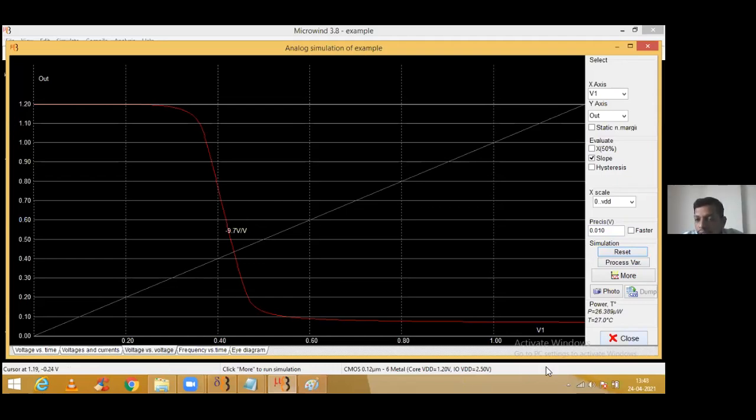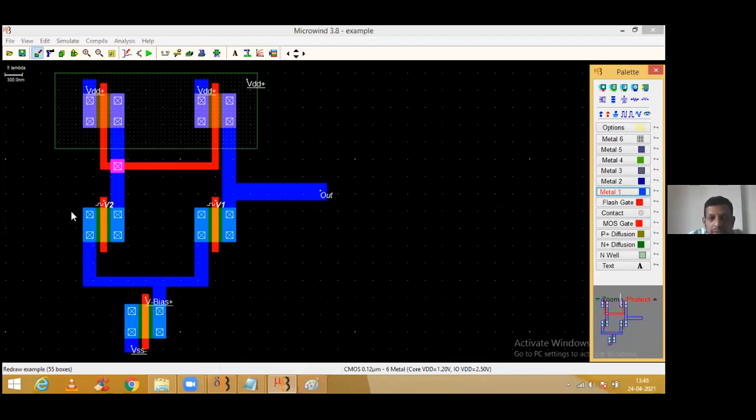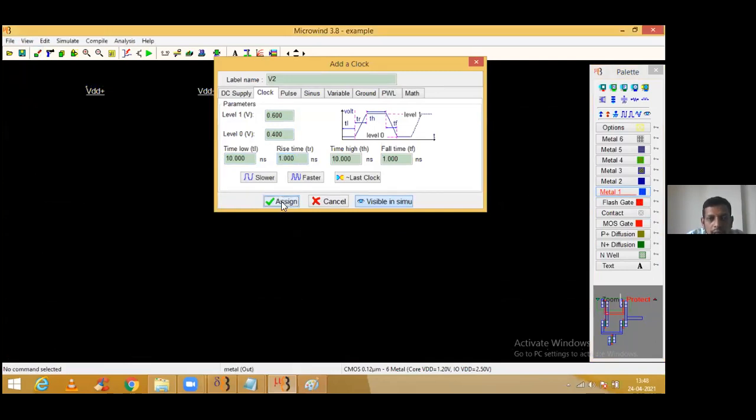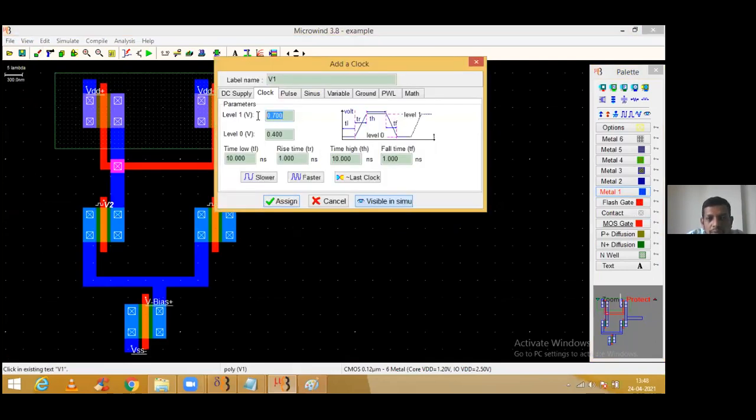Are you getting my point? Which values are different? Whatever input we have for V2, look at that, and whatever value we have for V1, this is a change. So when all the aspects are the same, whatever gain we come across is called ACM, common mode gain. And whenever we change anything, so as voltage changes and amplification happens, whatever gain we come across is called AD.